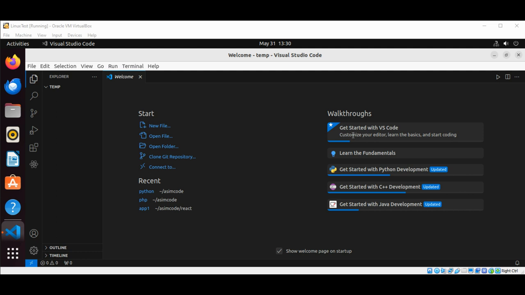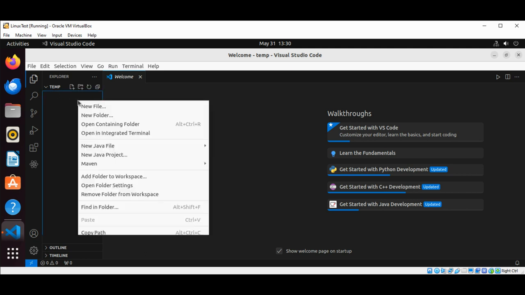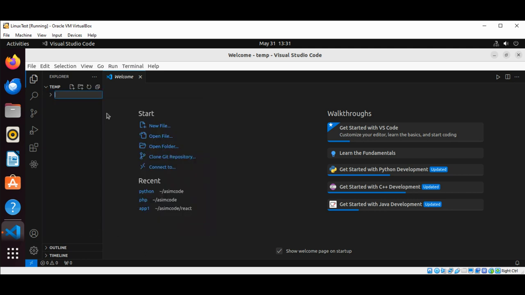So to get started here, I have already opened this temp folder in my Visual Studio Code, and here we are going to create a new folder. So we are just gonna do new folder, and we are just going to say something like simple site,